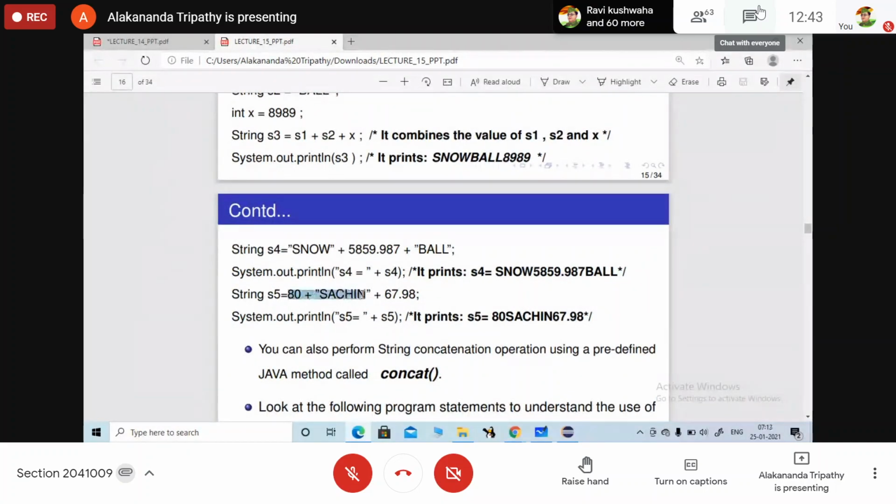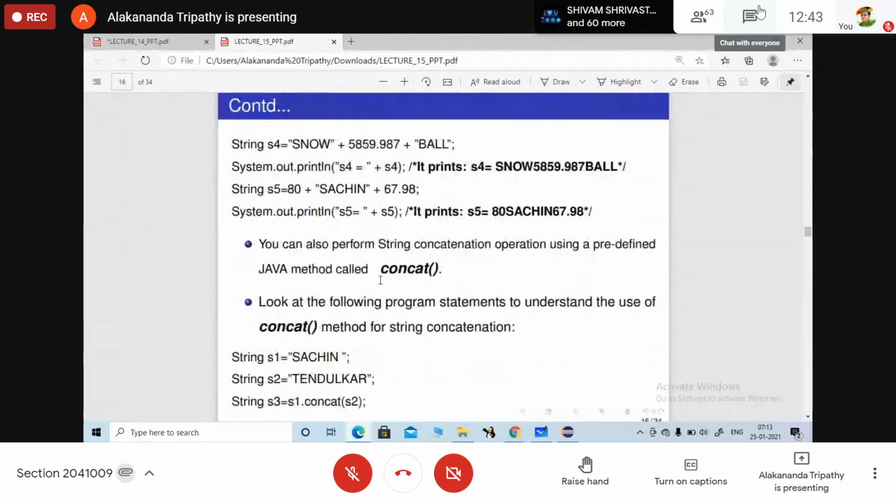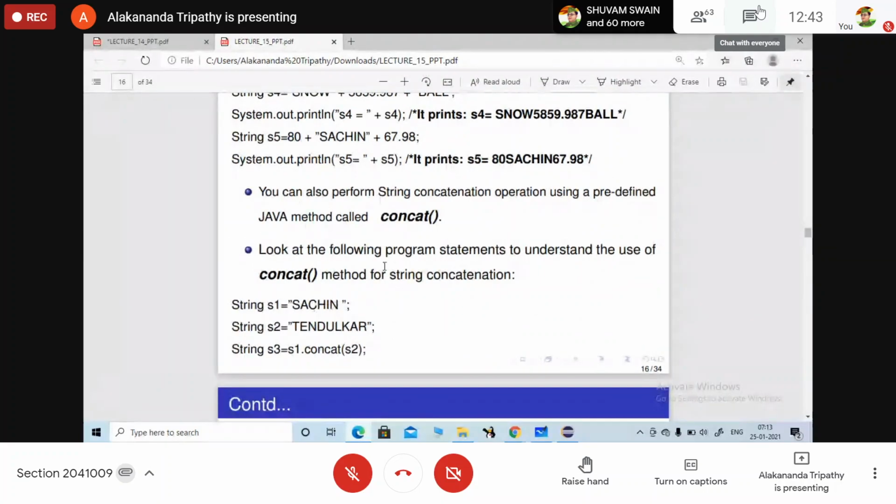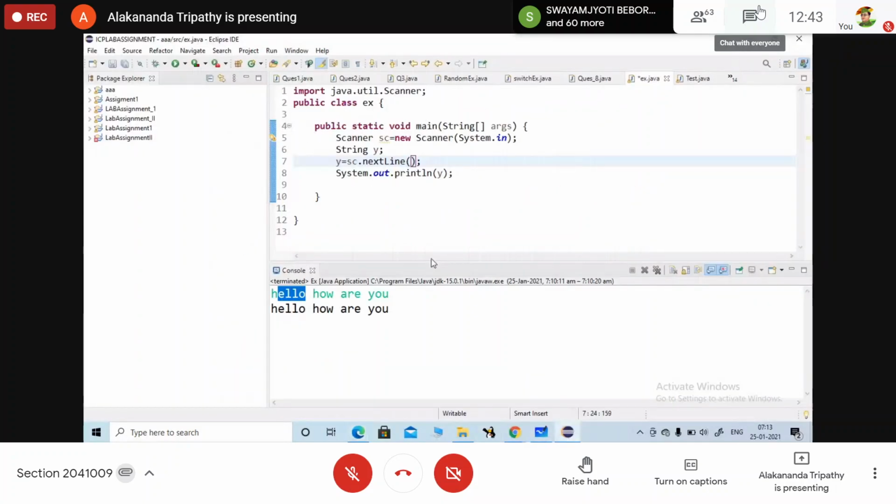So here we all have done this method. Then the string concatenation method. There is another method, concat. Again, it will concat the two strings. String 1 is this one, string 2 is this one. So s1 dot concat.